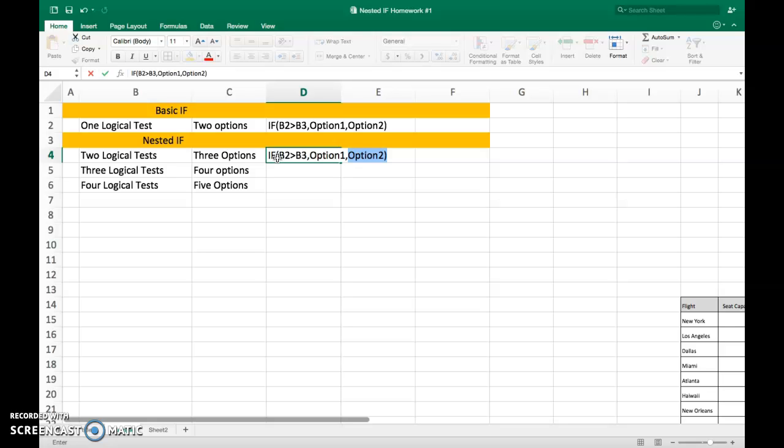We must now ask another question of the cell. We've already determined if the cell is greater than B3, we want option 1, but what if the cell is not greater than B3? We then need to ask a second question. And this is where the second if comes in. So we replace that false value with another if. And so I start again. If,